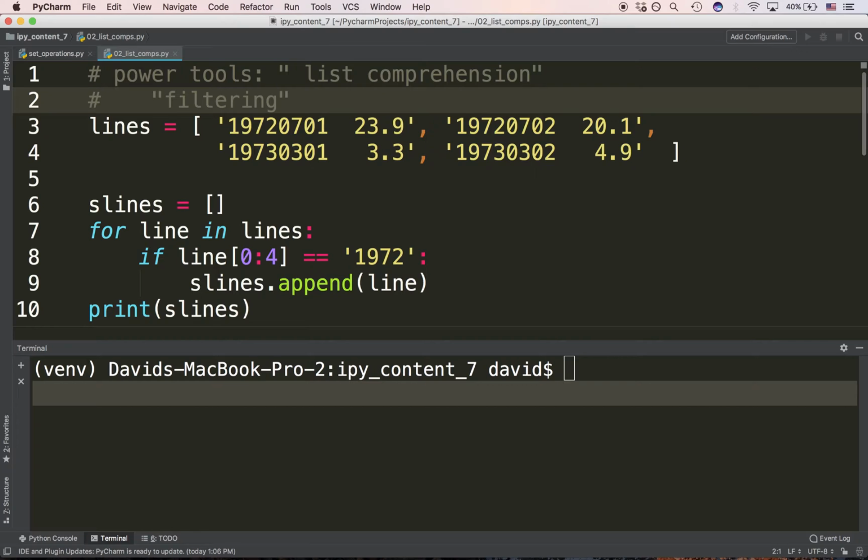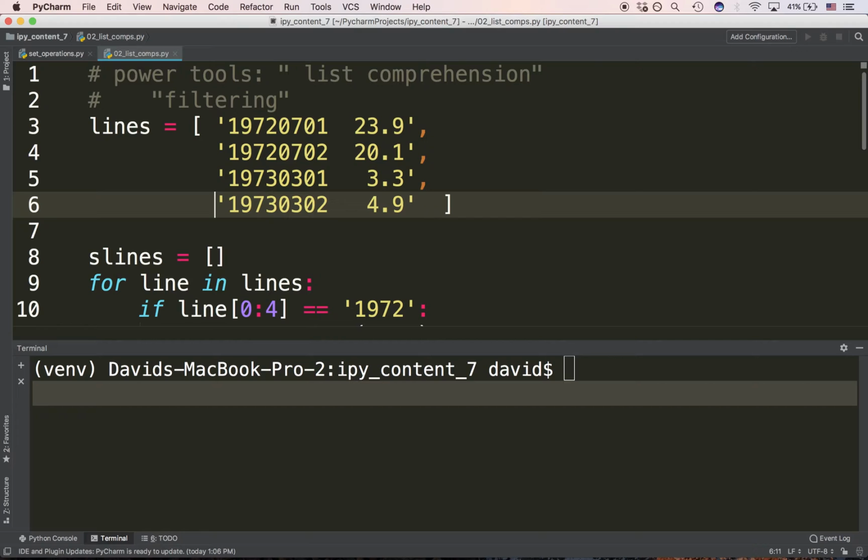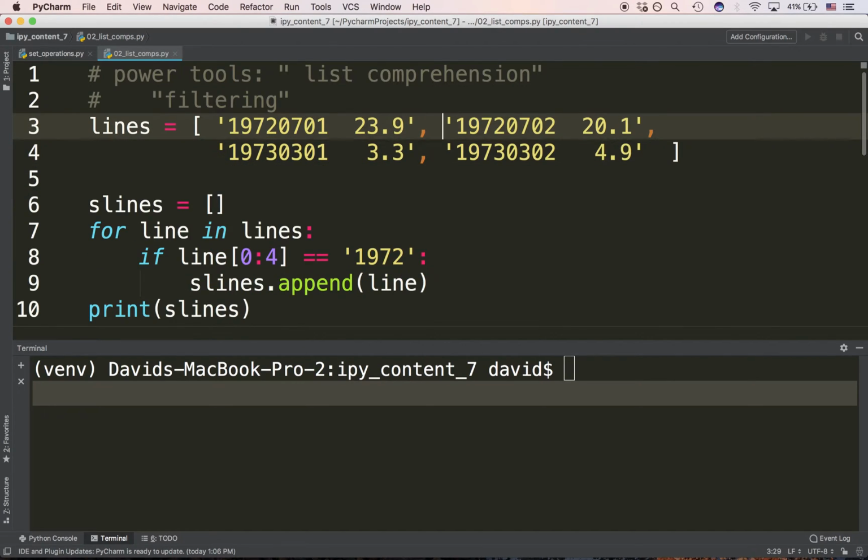Now you'll recognize this from the homework. We were looking at each line in a file, and you can see here we're simulating 4 lines. There's 1, 2, 3, 4. I'm putting them on 2 lines just for space reasons. We've got 4 lines here. 2 of them are from 1972. The other 2 are from 1973. And we want to be able to specify a particular year, just like we did in numerous assignments previous to